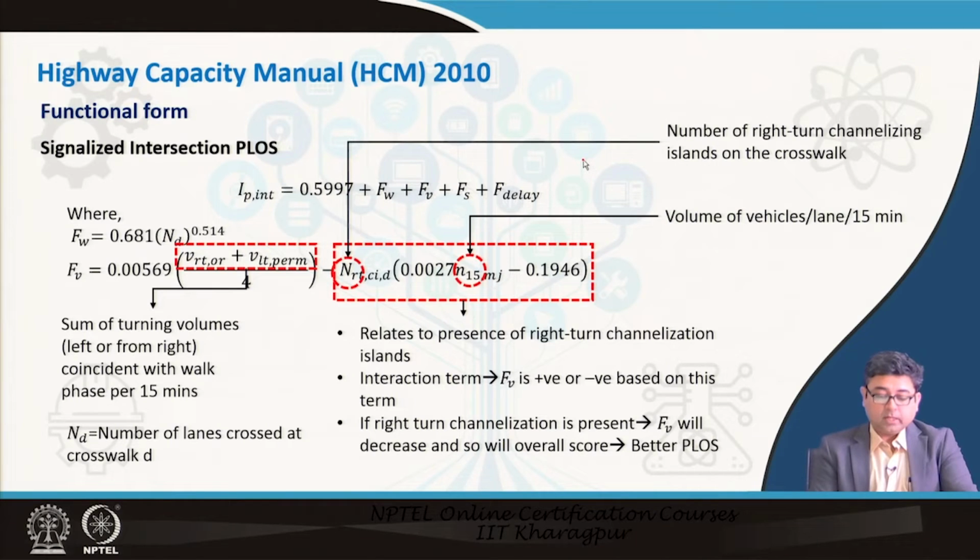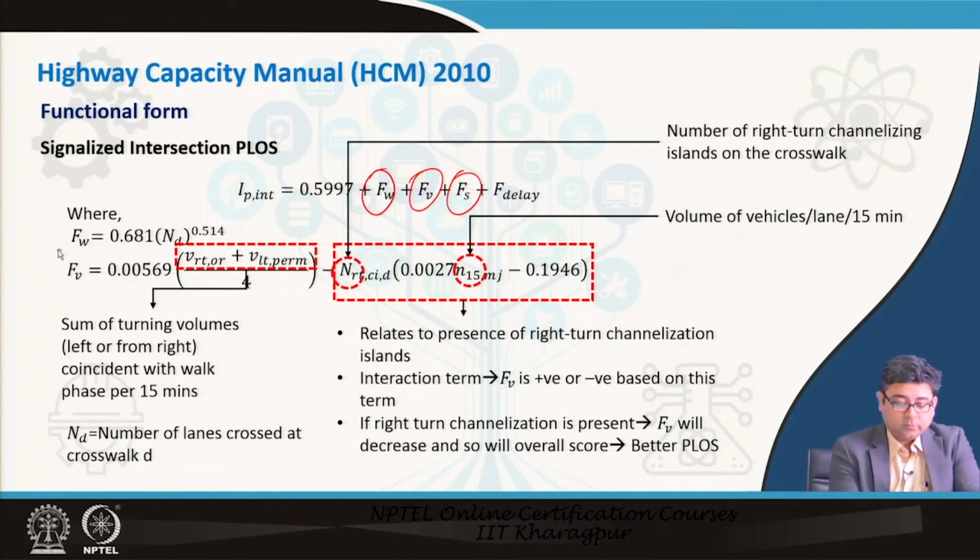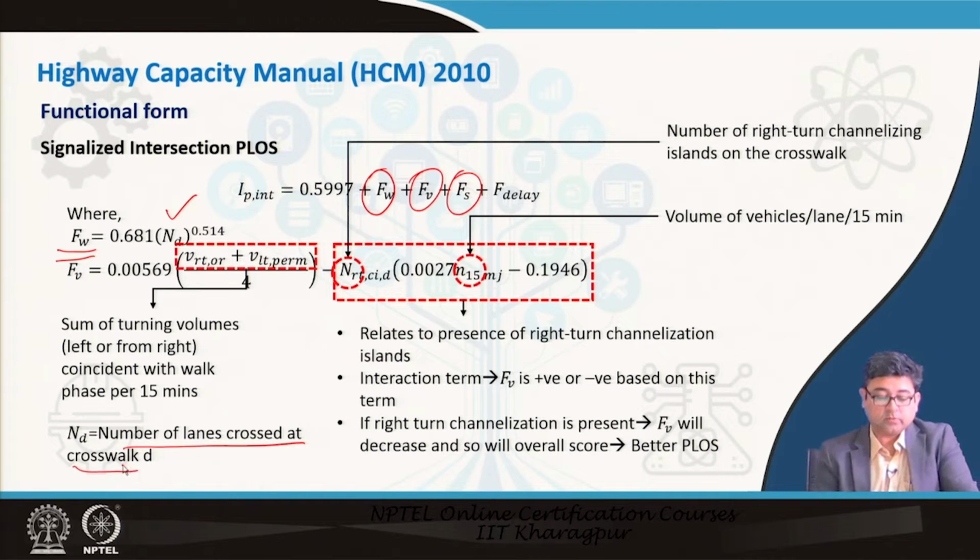Now, furthermore, if you break it down for each of these factors, you will see that the width factor only depends upon the number of lanes crossed at the crosswalk. It is a function of, so it is 0.681 times ND to the power 0.514. It is an empirical formula, where it is only dependent upon the number of lanes you have crossed. So, if you know the number of lanes, you just plug in the number of lanes here